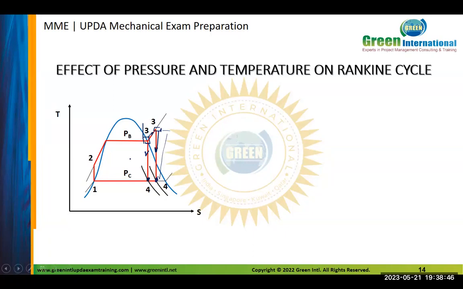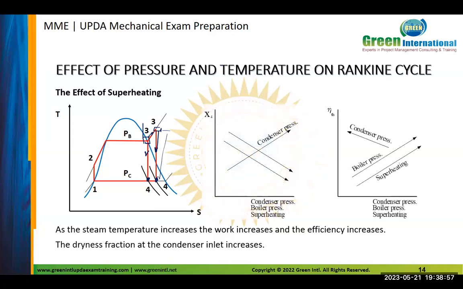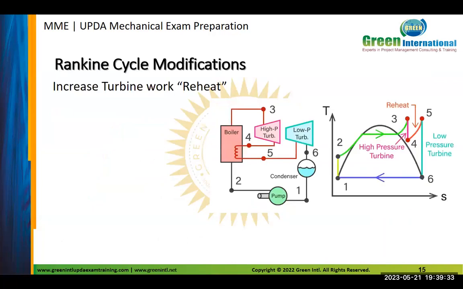So we can take a conclusion from these steps. What is this conclusion? This is the final conclusion: we can increase the efficiency in three ways. By increasing the boiler pressure, by increasing the superheating, and by decreasing the condenser pressure. So these are the three options we have. Okay, how do we make this in a practical cycle? Actually,